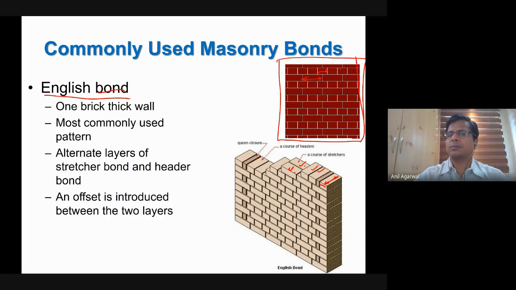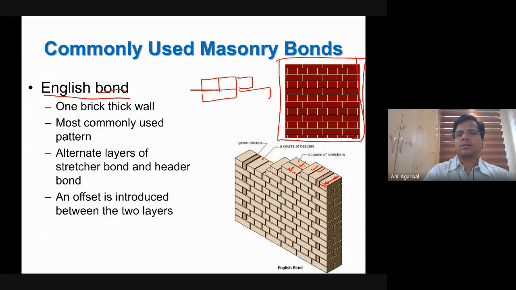We have to create a stagger between the two. Why do we have to create a stagger? We don't want a continuous joint between the layers. You understand? So if we had done this, let's say, if we had one layer like this, and then we had put another set of bricks like this. So one layer is half brick, another layer is full brick on the length side, and another layer is the width side. So this is width side, this one is width side, this is length side.